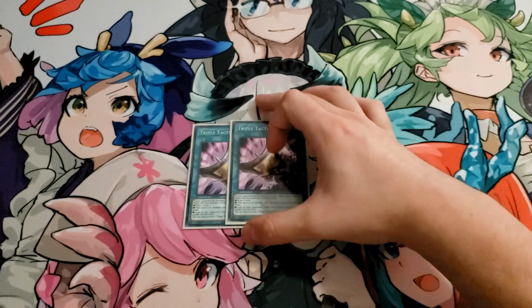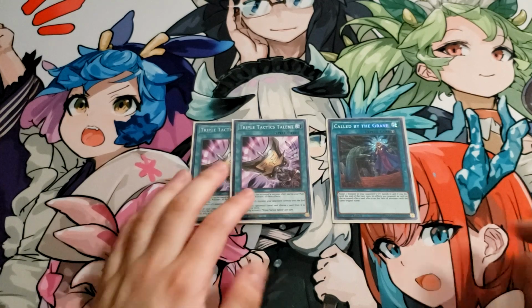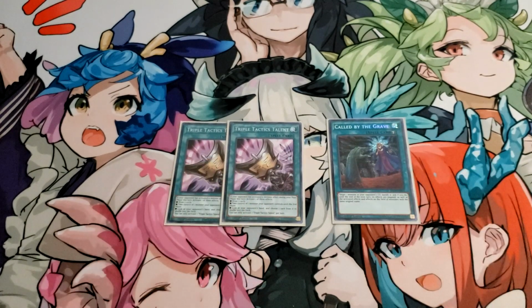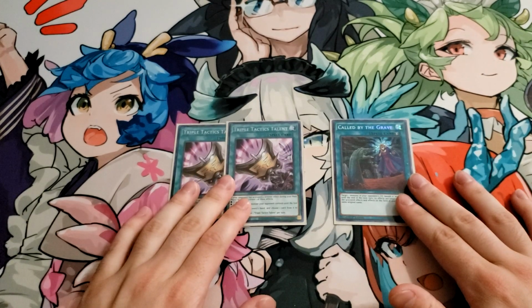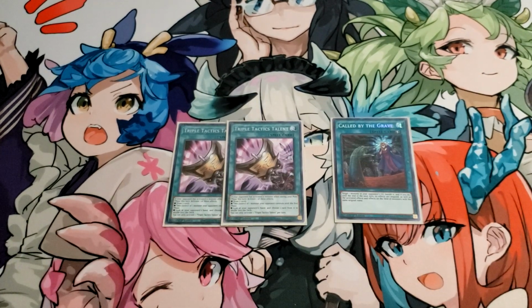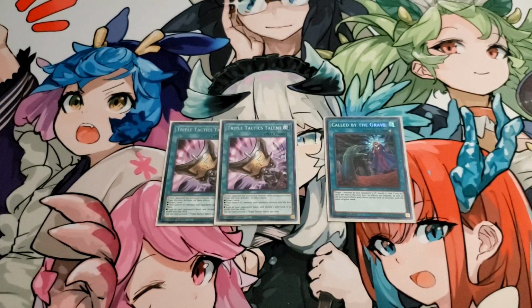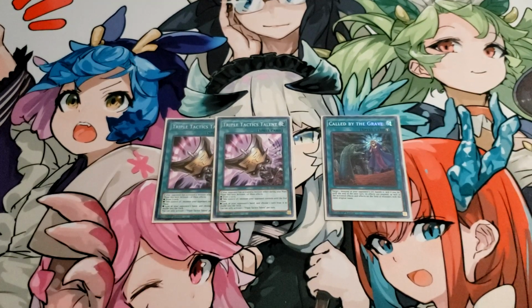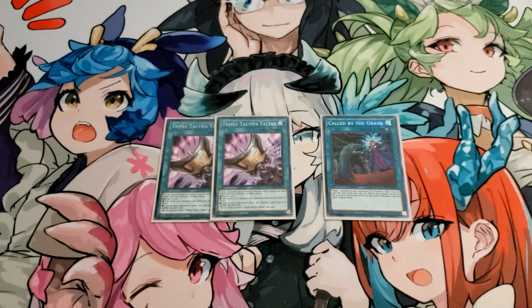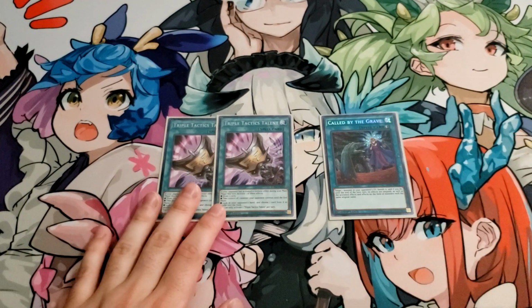Then I am running 2 Triple Tactics Talent and 1 Called by the Grave. Hand traps are really annoying for this deck. You have some hands that can play through multiple interruptions, then you have some hands that die to 1 Ash. So Tactics and Called by are very good for playing through interruption, or if you can play through multiple hand traps, Tactics can get one out of your opponent's hand. Because you're obviously running Prosperity, so you're not going to be drawing off this card every time. But looking at your opponent's hand and ripping a hand trap or their play is super powerful, and obviously going second, Tactics is just a crazy good card,